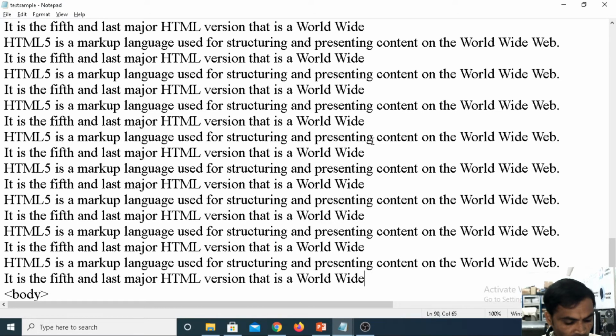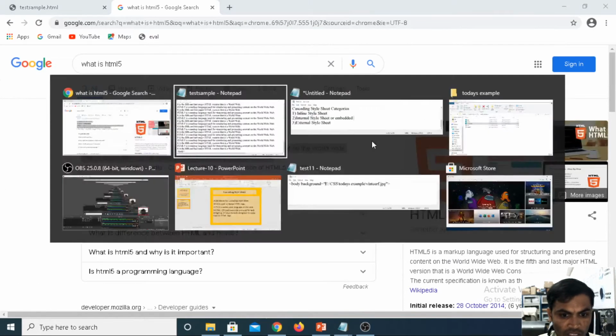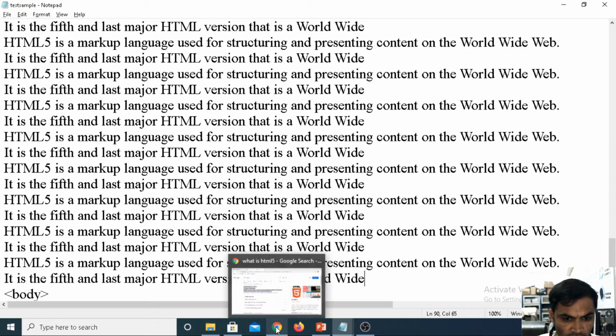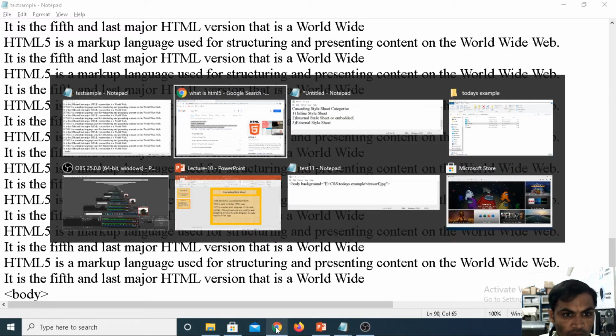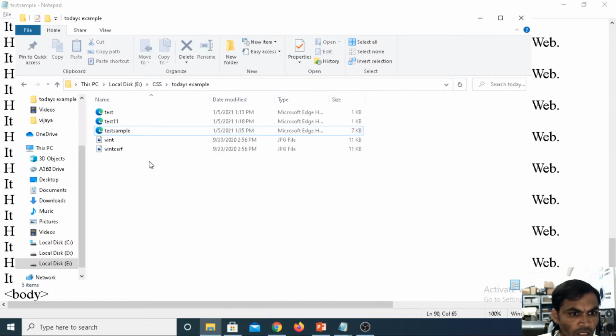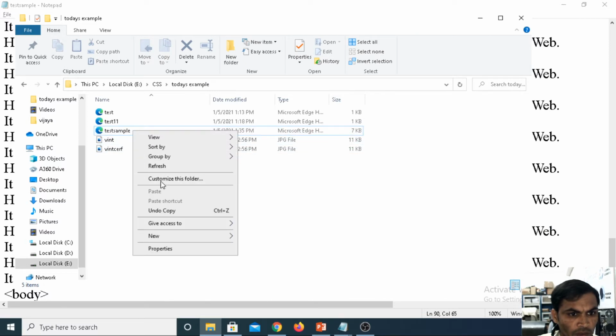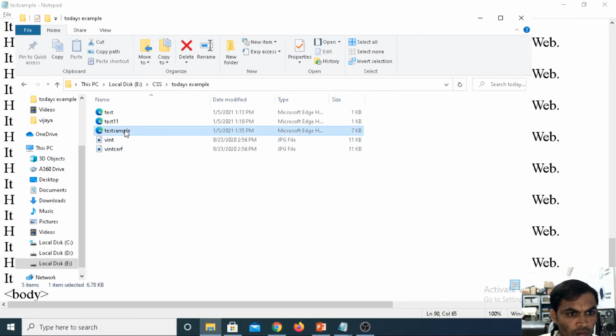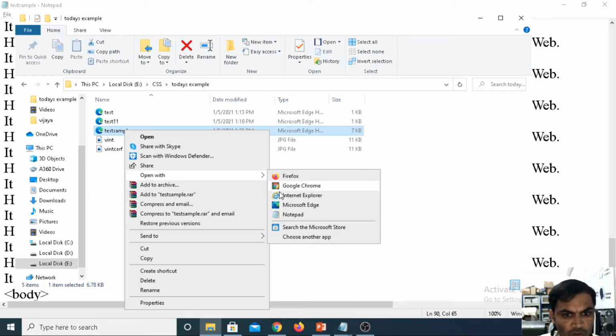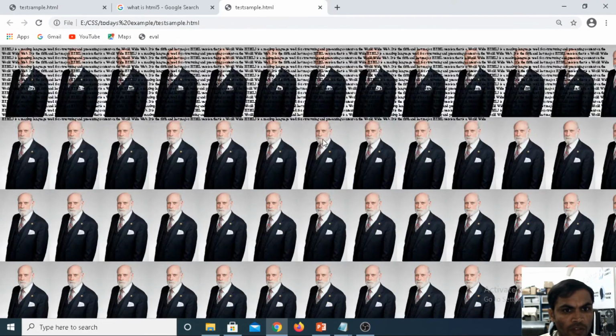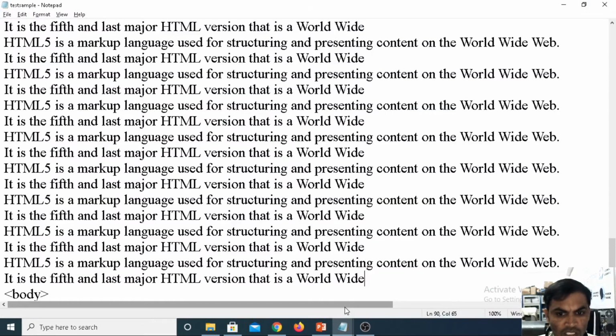Now when we are saving the file and running it, open with Chrome. When you are opening, see here, under the image we are getting the text messages.